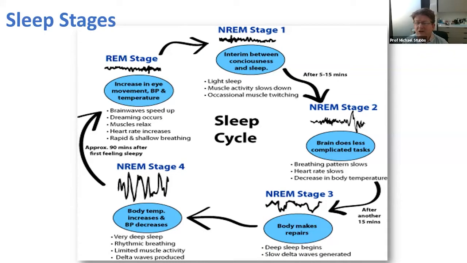the top part of this slide says non-REM stage 1. So in other words, we can divide sleep up, if you like, into REM and non-REM. REM is the dreaming part. REM is the part of sleep where you feel this sense of regeneration, refreshment. So if you don't get enough REM sleep, you actually often will feel fatigued or tired, lack of refreshment in